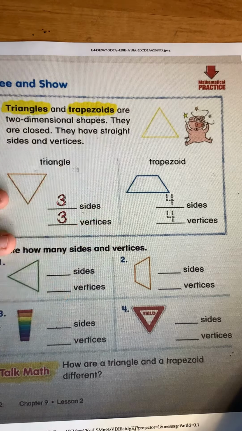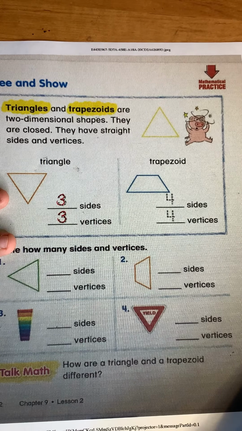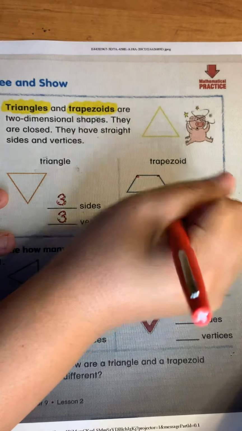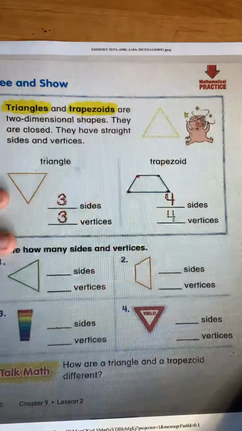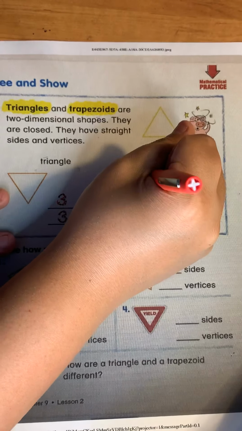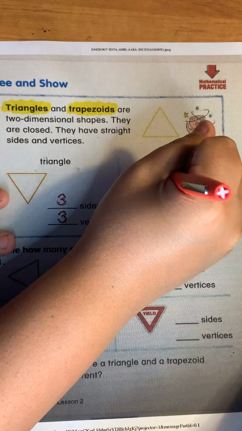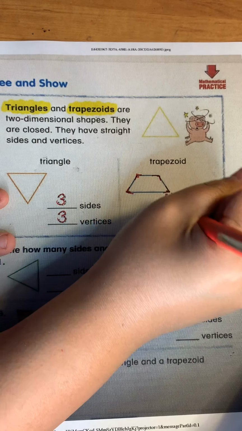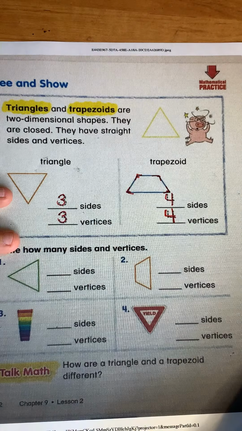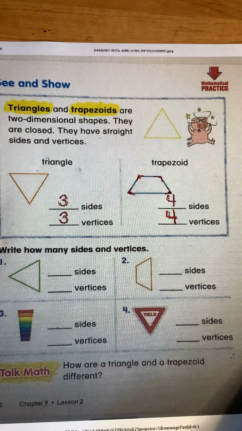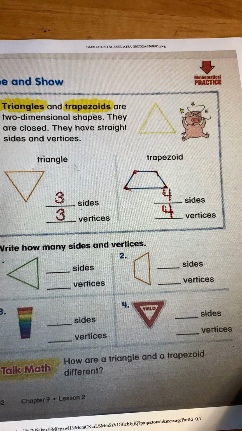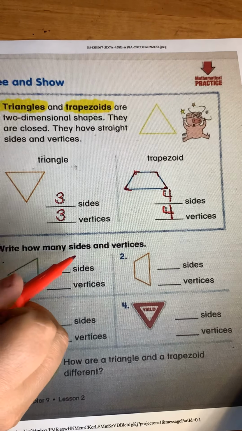Now over here we have a trapezoid, and a trapezoid has 1, 2, 3, 4 sides. So go ahead and trace your 4, and then it has 1, 2, 3, and 4 vertices. All right. So now let's look down here at number 1, and let's read the instructions before we solve the problem. So it says write how many sides and